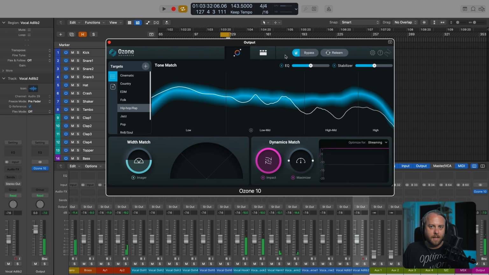So we have, in my opinion, a cleaner, clearer after, thanks, I think, in large part to the EQ coming out of this tone match section. And that's the stabilizer and the EQ module working to fit and match and conform to this hip hop tone here, this blue blob. I never know what to call it, like a worm or a blob or whatever. It's like a wormy blue blob.